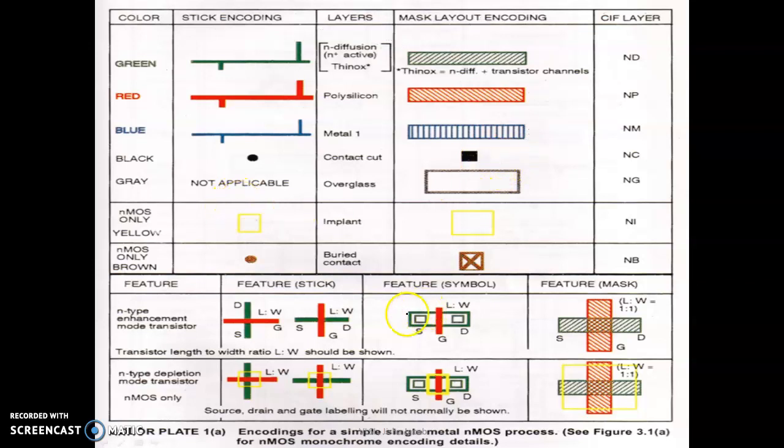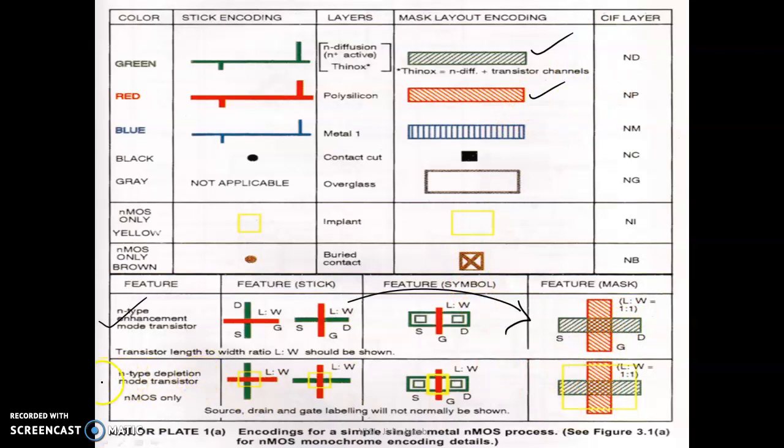The color is black. What we need next is the N-type enhancement mode transistor. In the stick diagram, you drew it by drawing red over green. Red shows polysilicon and green shows N diffusion. Red over green. It can be horizontal or vertical. The red can be horizontal or vertical, and correspondingly the diffusion too. Okay, it does not matter. When you translate it to layout, as you can see, it is again red over green. Please note it is red over green. Polysilicon over diffusion. Diffusion, as we have already seen, this is the code, and polysilicon, this is the code. That is exactly what you have done in the transistor.